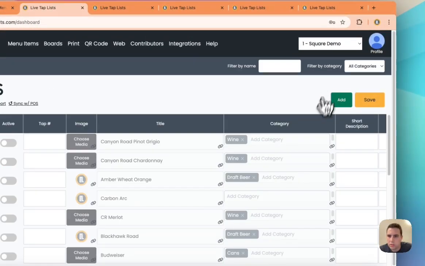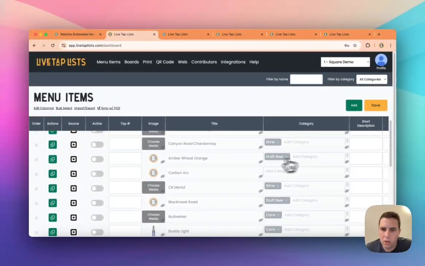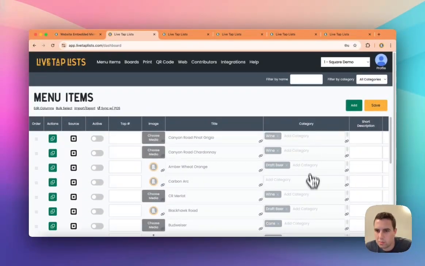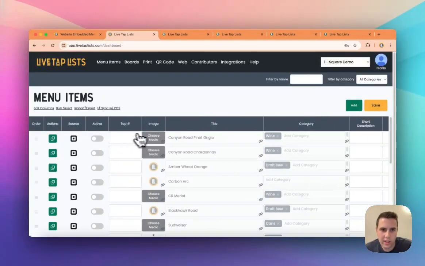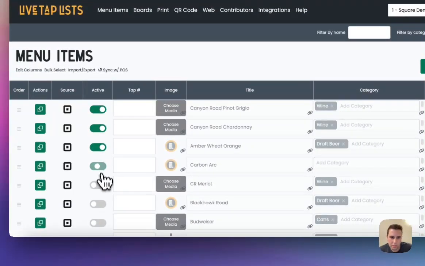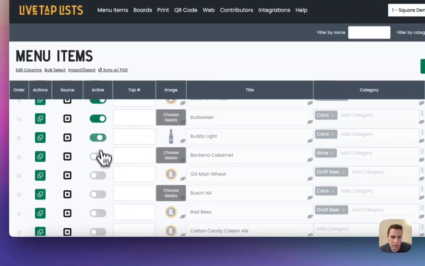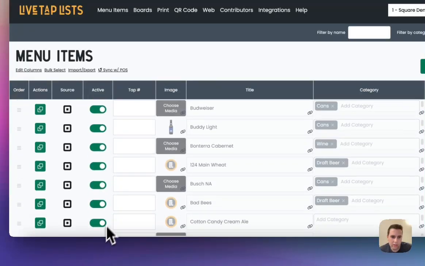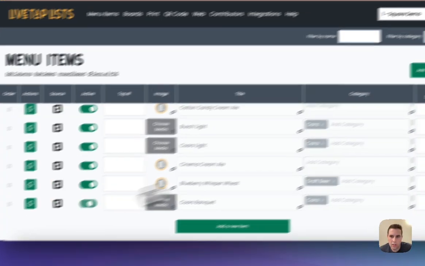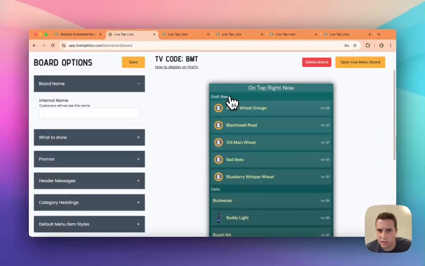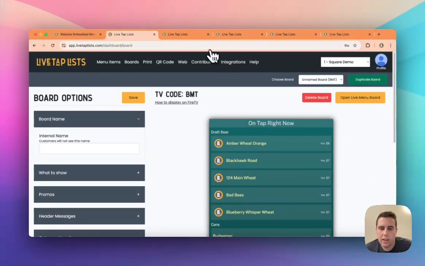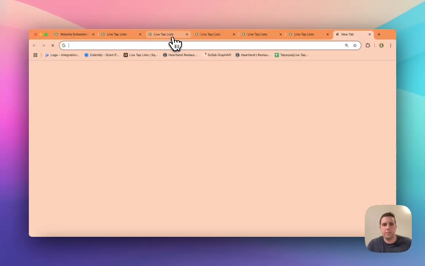For simplicity's sake, I am going to just bring in all of the default fields, and I will see that they all come in. I've got some images, some names, some categories, and some sizes and prices. They come in as inactive from Square, just so we don't accidentally bring in something we don't want to show, but I will activate them as I go here and click save. Now on the board, I'm going to start seeing some of these things. I've got draft beer and cans showing up on the board, and when I make a change in Square,